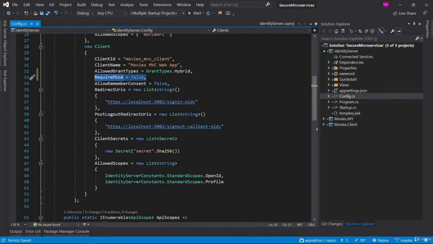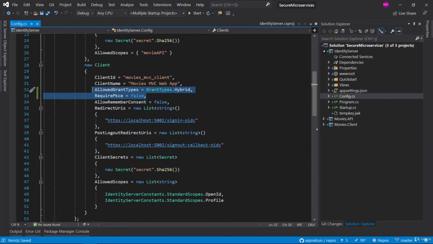We also get an authorization code based token, but do not require proof key protection for now. That's why we should set the false value for this RequirePkce property. So we have changed these two lines of code under the movies MVC client definition.